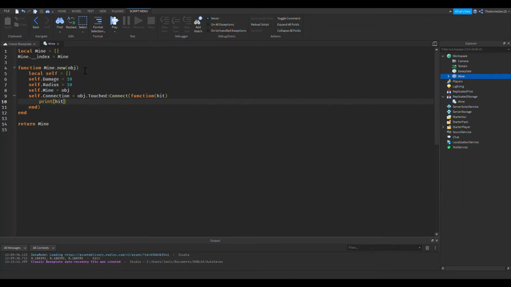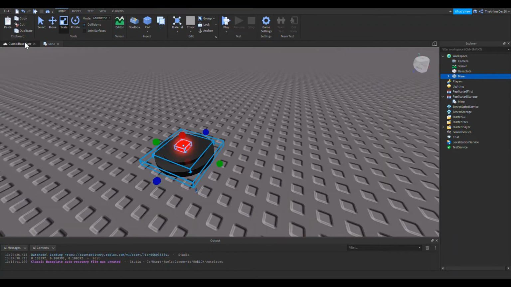And now we actually need to make how it knows what a mine object is. So what I'm going to do is go over to the workspace, and I'm going to add a folder instance. Just a folder, nothing special. And I'm going to rename this folder to mines. This folder will hold all of the mine instances within the game. So every mine that I have is going to be inside the folder. So I'm just going to drag and drop this in here.